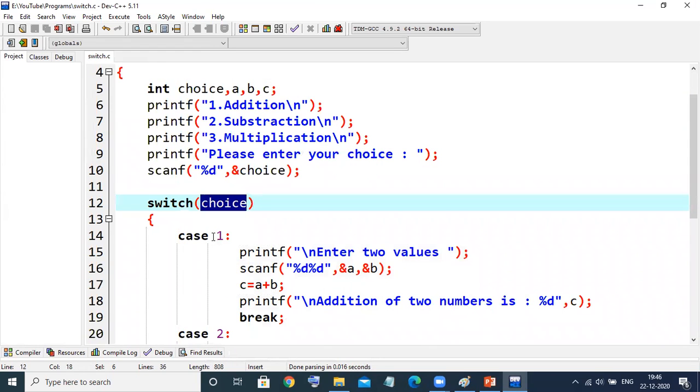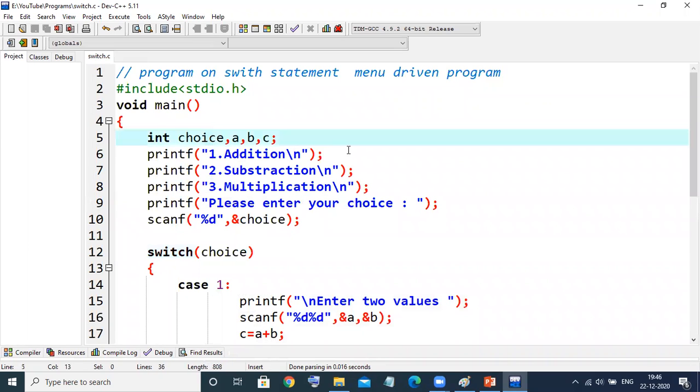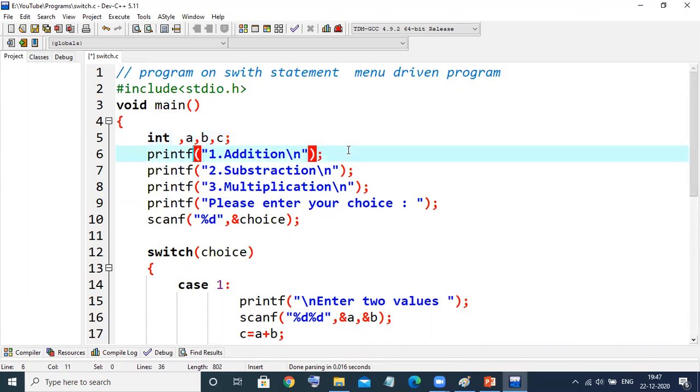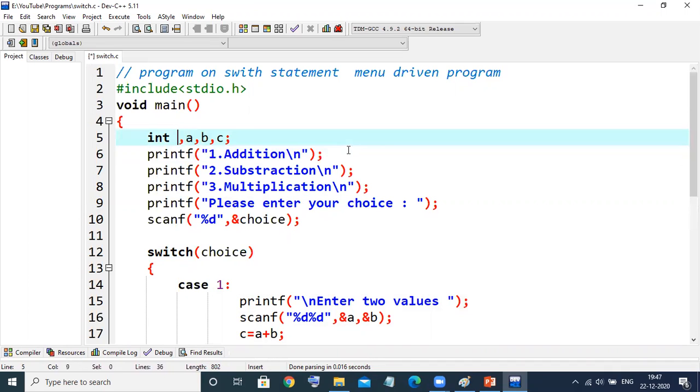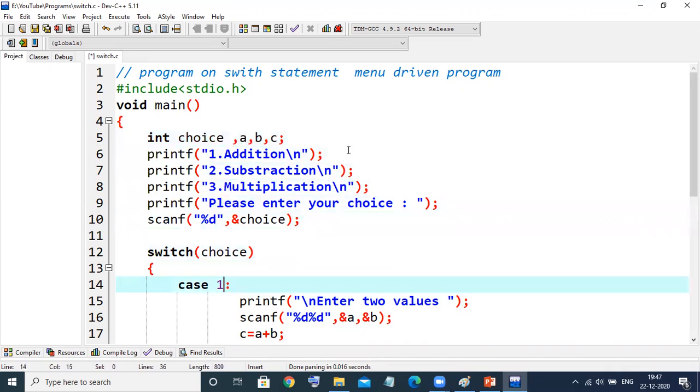You can take the choice as a character as well. But for that purpose, you need to change the menu as well: A, B, C, like that. I'm not going to do it here. In that case, if you're going to use a character, for example A, just telling you here,